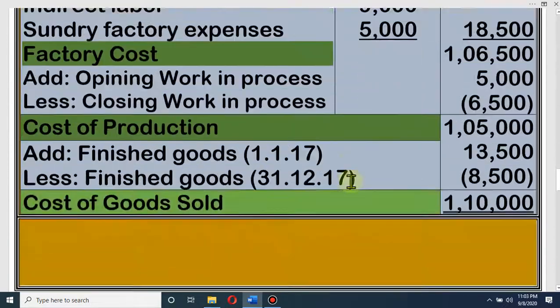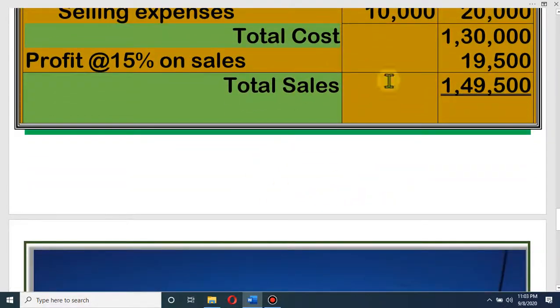Dear student, let's come to the solution. We have total cost, we don't have sales, but profit is 15% on sales. If you assume that sales is 100, take your calculator. If our sales is taka 100, then what is the amount of profit? Of course it is 15.